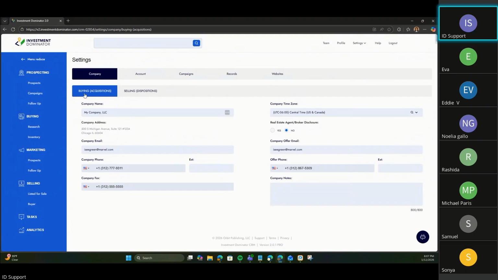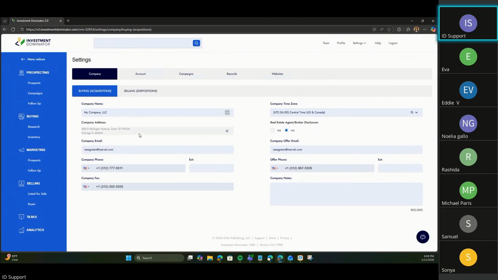The buying side of your business is the first side of your business. This is acquisitions. This is where you're asking people, hey, I want to buy your land. And those people we hope will respond, okay, great, make me an offer. Okay. So one thing you will have here, you'll have your company name. You're not required to start off with a company. You can start off by yourself with just your name if you'd like, and go from there. So you can leave this blank.